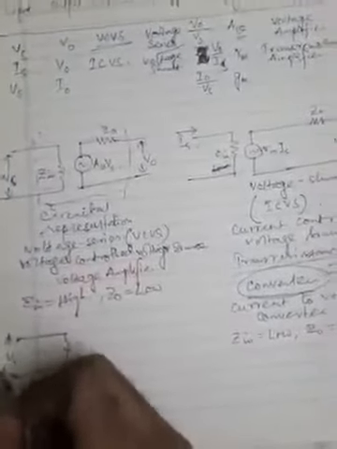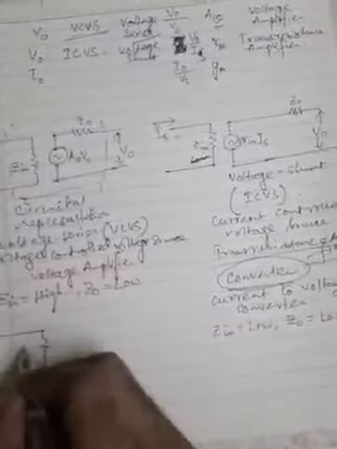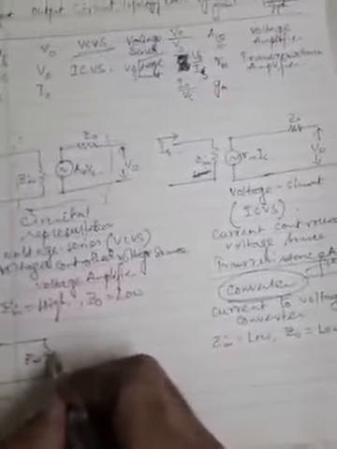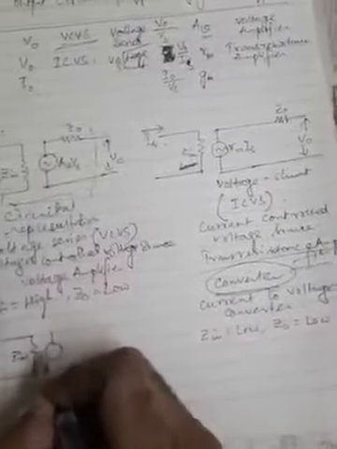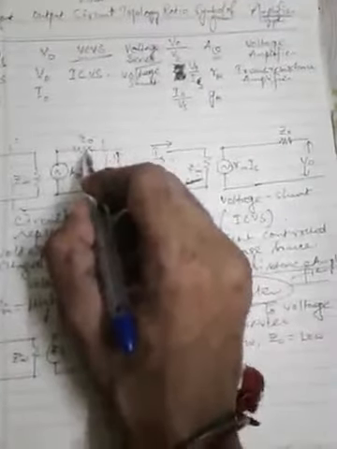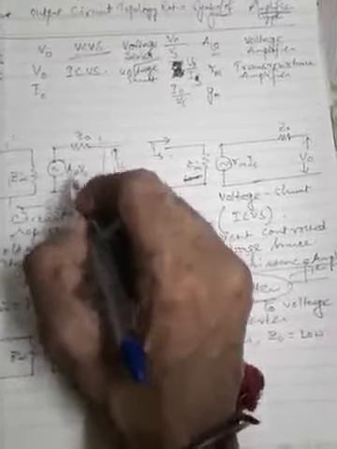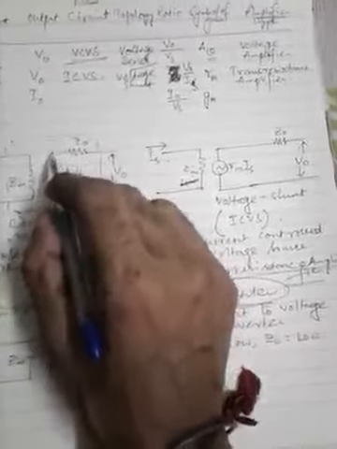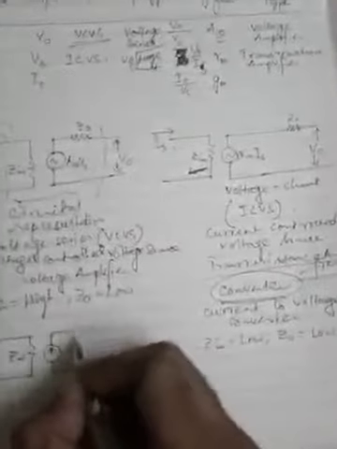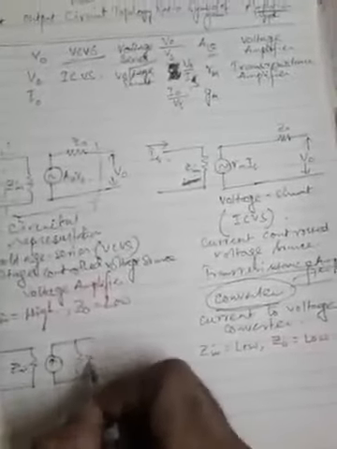Here at the input, Vs is applied as the voltage source, with Zin the input impedance. Then the output should be represented in terms of current. So this output is basically a current source, and since the output is a current source, this resistance should be connected in parallel to the current source, because for a voltage source the resistance should be connected in series, and for a current source in parallel. So parallel to it is ZO,